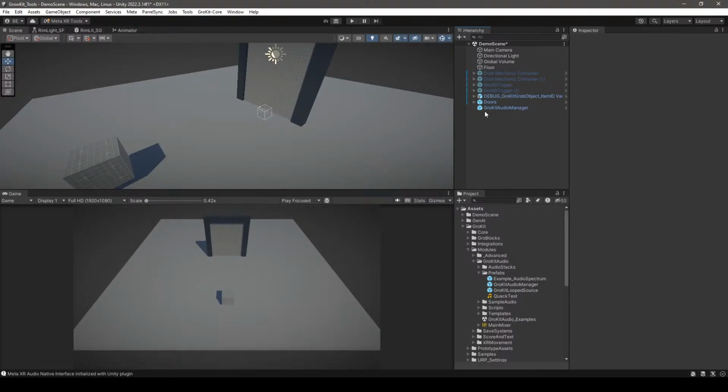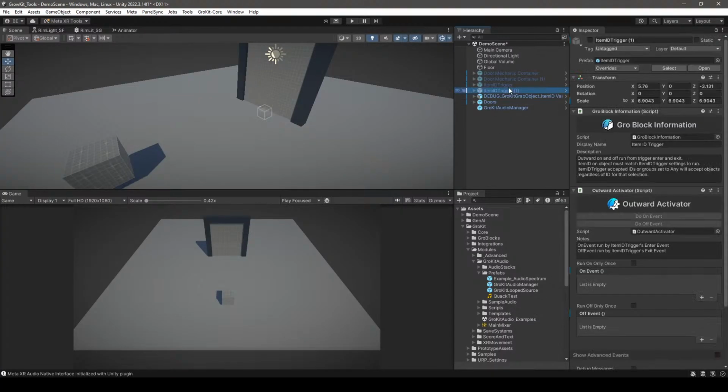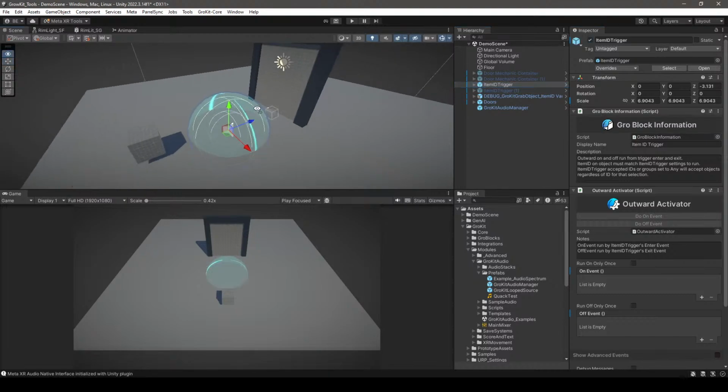Well, that makes me think of Bambi. Because the April Showers song, when it starts raining and each little raindrop hits the ground and makes a tone. That could be interesting. Let's see if I can do that super quick. If we had, well, let's do this. We'll make an item ID trigger,